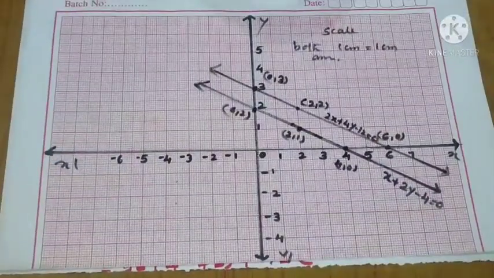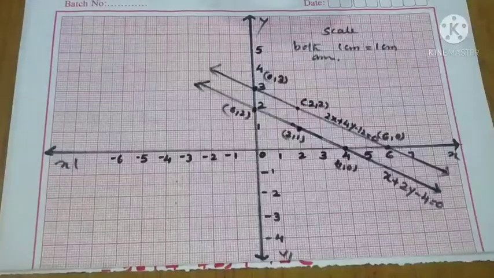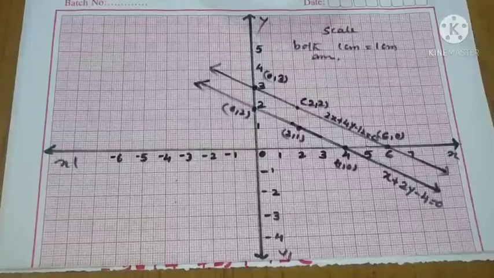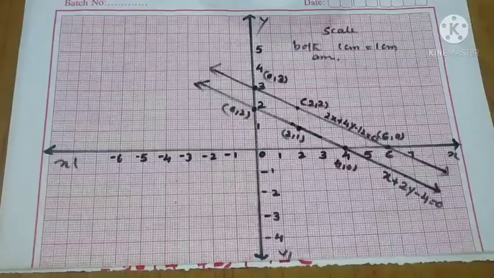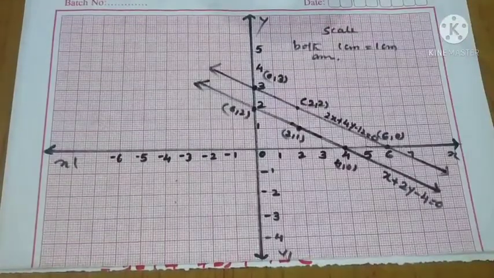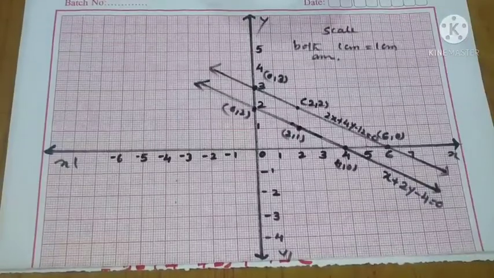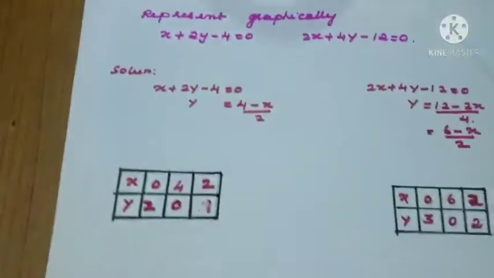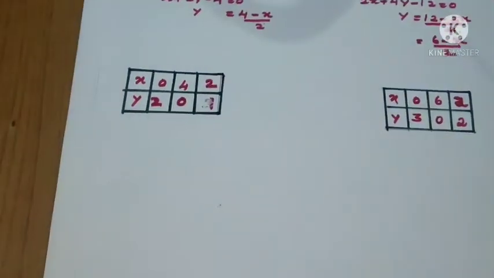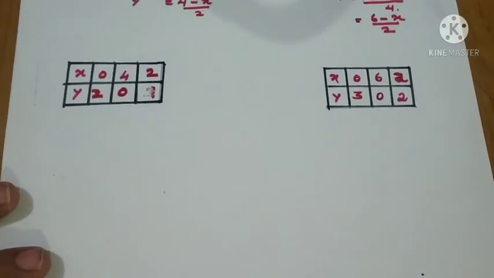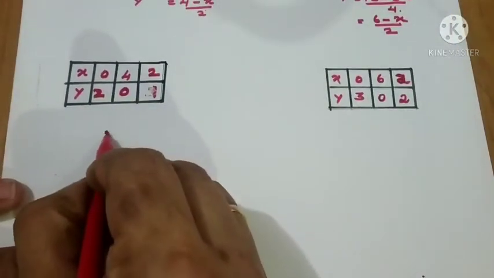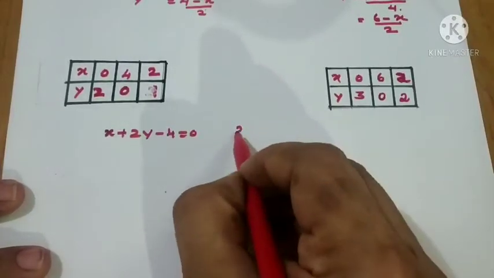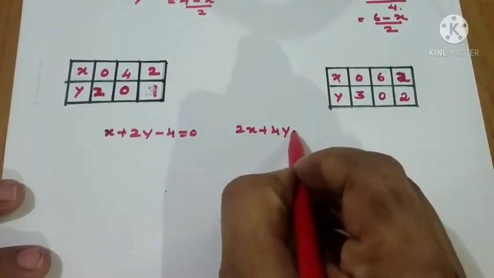So three cases we have already seen. What are the cases? The first case is intersecting lines, which we saw in the last class, and coincident lines, that also we did in the last class only. Now this time what are we getting? We are getting parallel lines. Let us see the condition for the parallel lines with the help of the diagrams. See, we have got the equations. I'll write once again the equations, and a1, a2 we will take down. So x plus 2y minus 4 equal to 0 and 2x plus 4y minus 12 equal to 0.